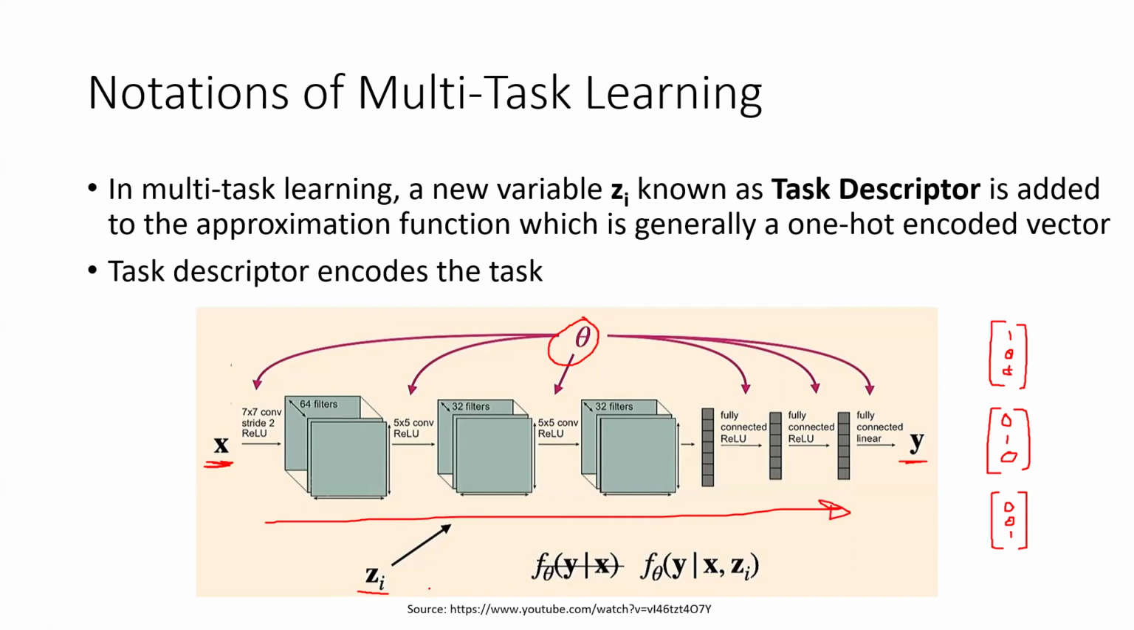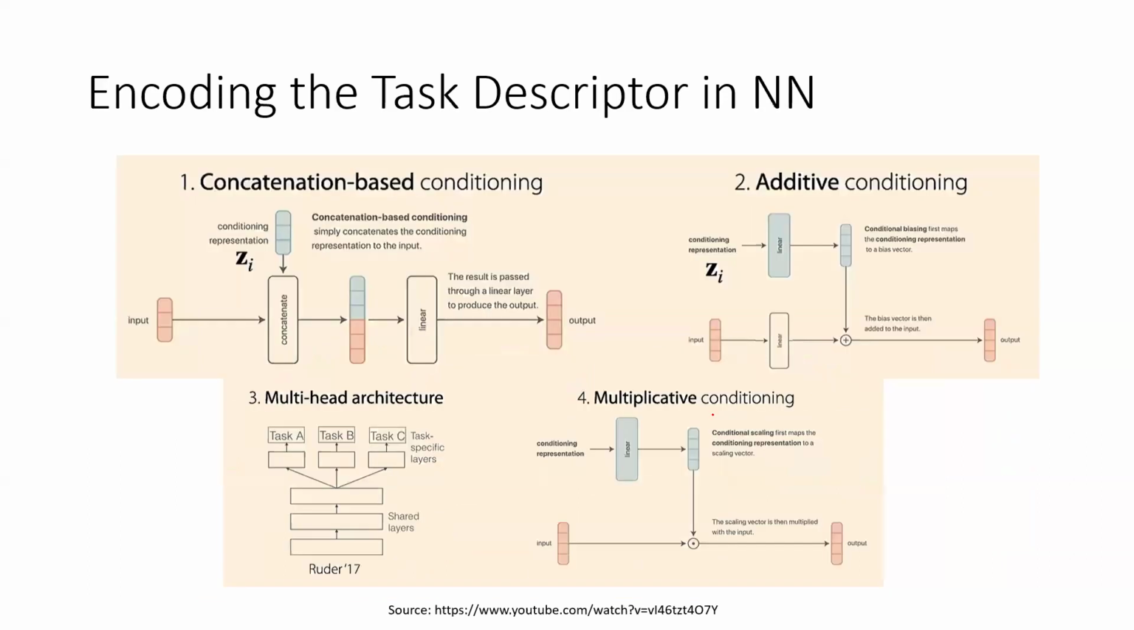But when it comes to Z_i, it may be inserted into a feed-forward dense layer, something like this, to encode the information in Z_i into the neural network. So there are several ways to encode the task descriptor into the neural network. The first one is known as concatenation-based conditioning,